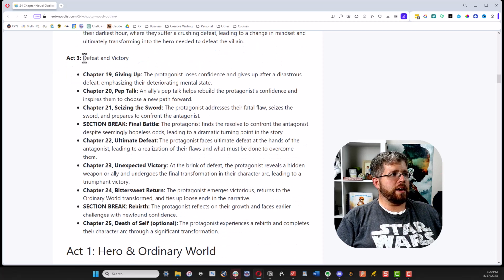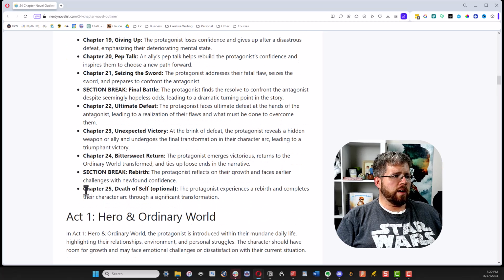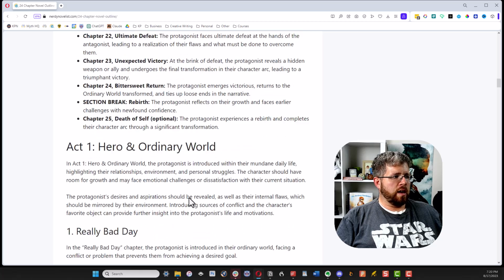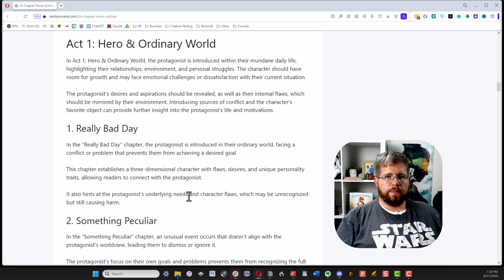But Act 3 is basically the climax, the defeating of the enemies, and that ultimate victory and return for the hero. We do have one optional chapter here where the protagonist can experience some kind of rebirth, but it's, as it says here, optional. And so let's go chapter by chapter through this and see what we have for each step